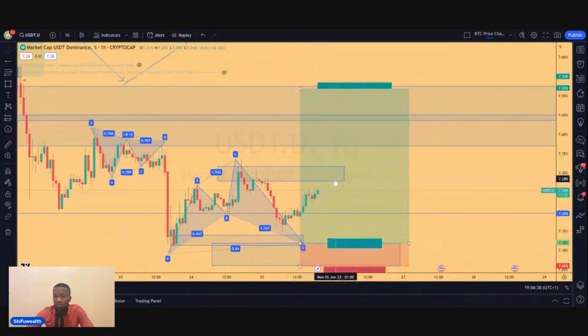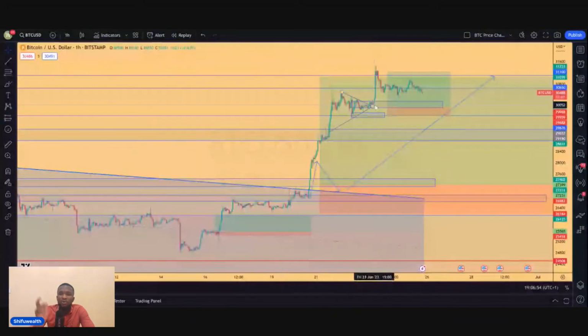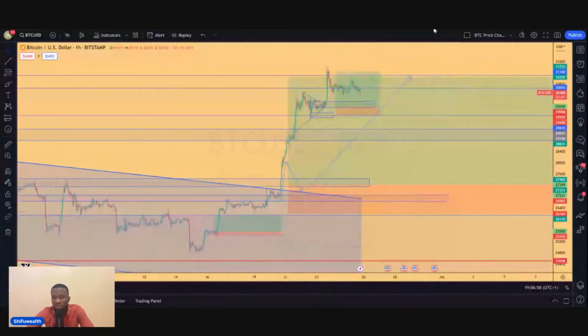You're seeing here that it is going up to these zones, and most likely from here it should continue giving lower price. That means it is going to be a little lower price, and then giving Bitcoin an opportunity to go high. So what opportunity do you expect it to go high? Now, considering the first chart I just showed, which is the USDT dominance, once we see that price gets to